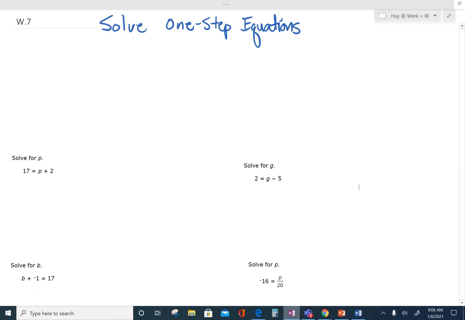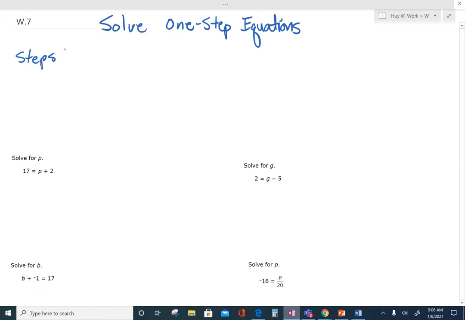Hey, this is W.7. Solve one-step equations, okay? One-step equations. I need to back up a lot just to make sure that we're all on the same page. All right, the key for solving a one-step equation, right,